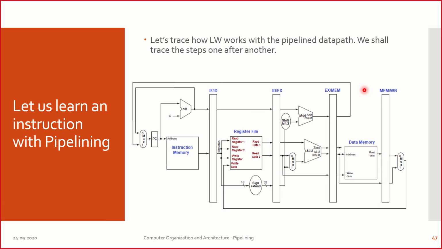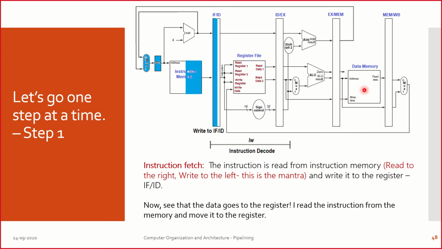Always remember one thing, whenever the question asks you to trace the data path, please include the pipeline registers and take this picture as the one along with control lines, because without pipelining your MIPS is nothing. Pipelining is one of the core features that all of us must appreciate towards making sure that the MIPS is understood completely. Pipelining makes MIPS complete. So without pipelining, if you trace, I don't think it is appropriate. So remember this point and do that way in the interview or wherever you are expected to do that.